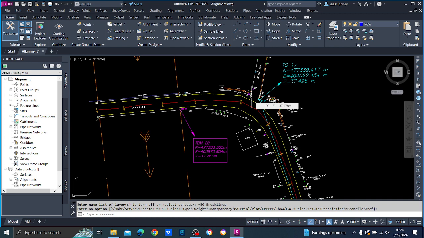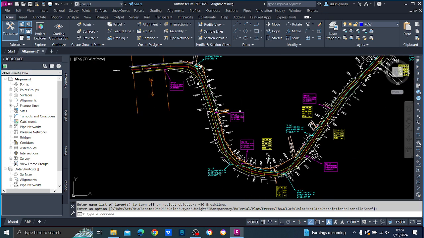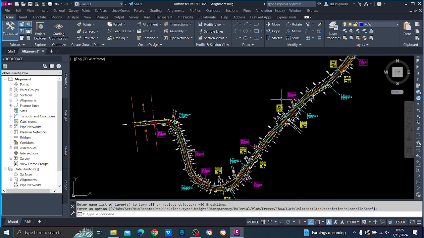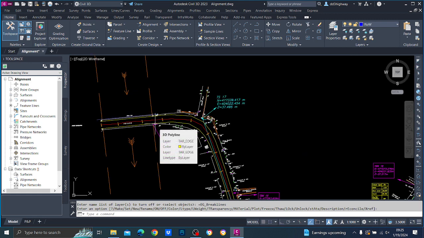Now please understand, in this drawing you have the surface, that means your 3D surface is there, and you are going to create the alignment on it. Okay, so we'll start. Now before creating an alignment,